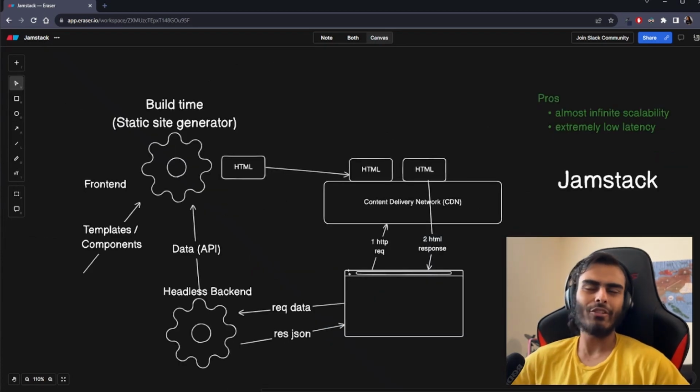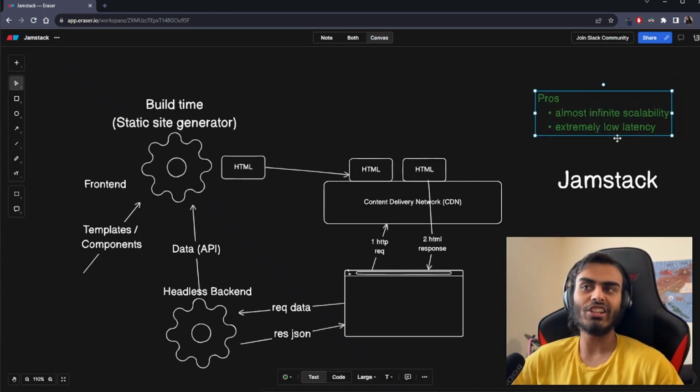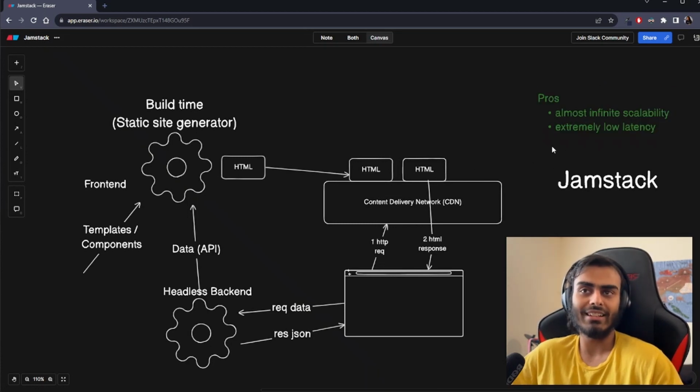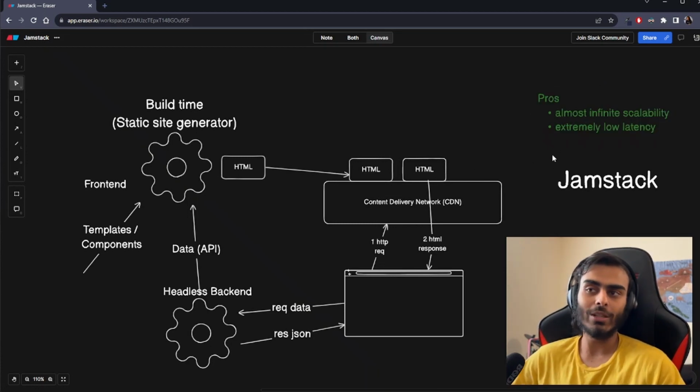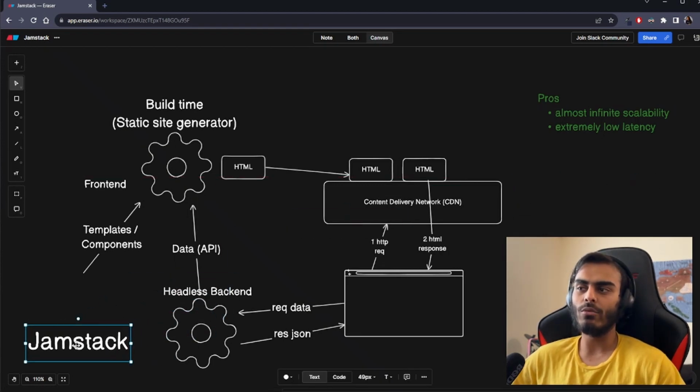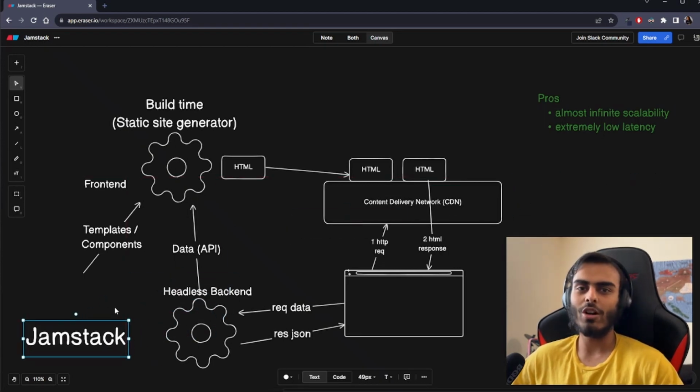Really, this is the kind of architecture that the Jamstack was originally about, because it helps you achieve the main goal, which is putting static HTML on the CDN so that you have almost infinite scalability and you have really low latency. So let's dig into this a little more and really go through the pros and cons of this